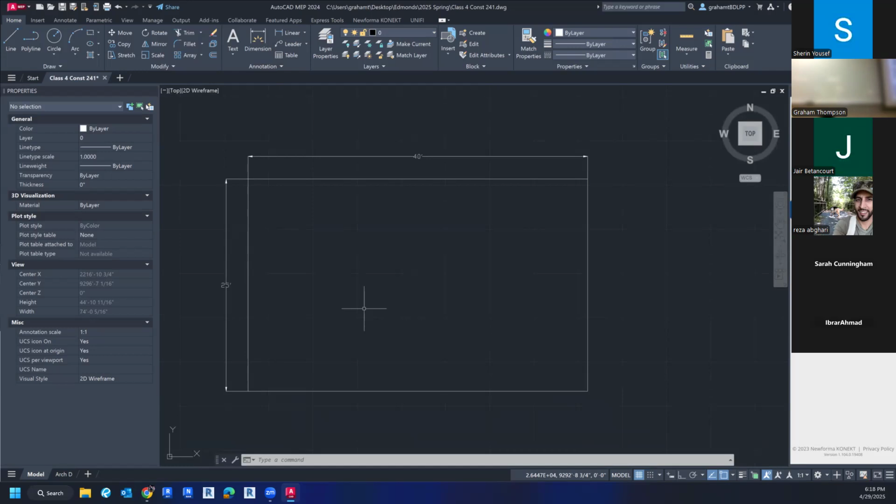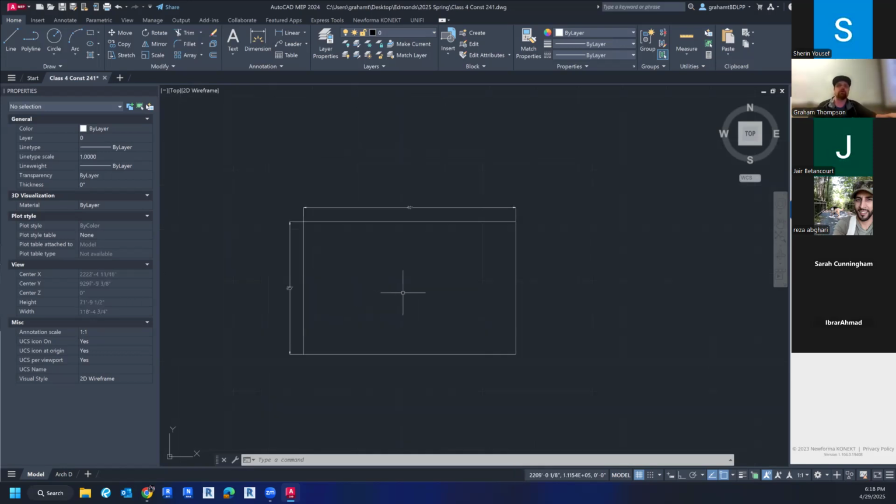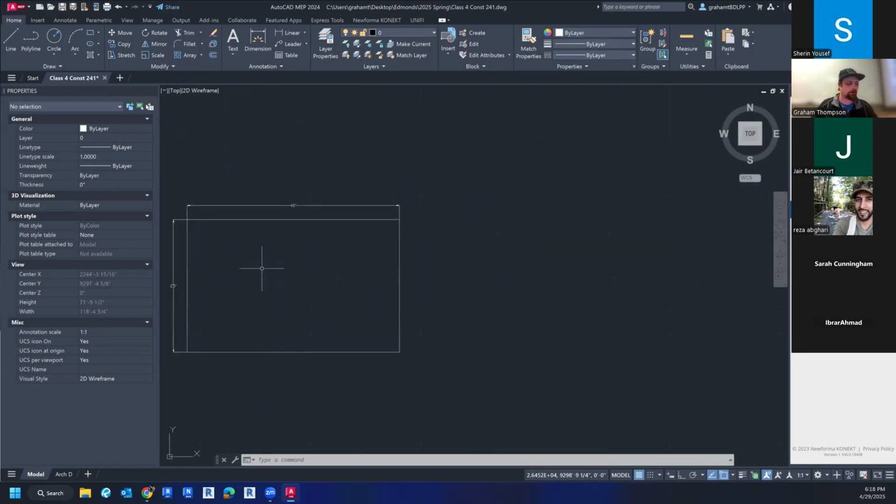That's exactly the point. So, are you good for a second? I'm going to demonstrate that real quick. If anyone's having issues with getting their lines the right length, I just came in here and gave it a direction of drawing to the right, and I typed in 40 feet. Now, if I type in 40 feet in the command line, but I still use my mouse to click,